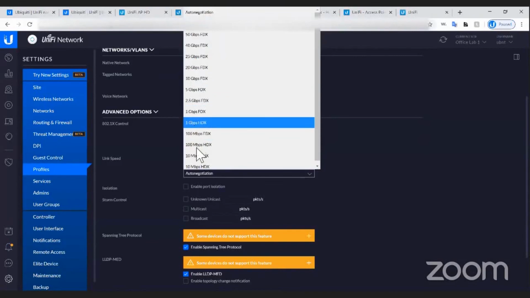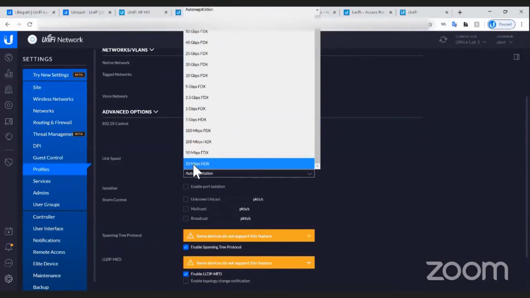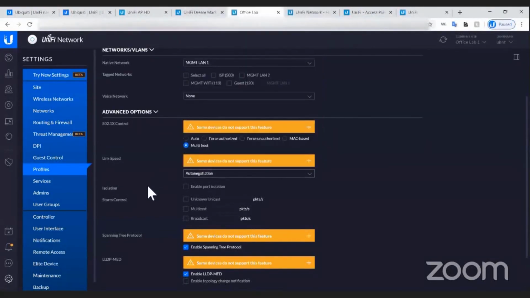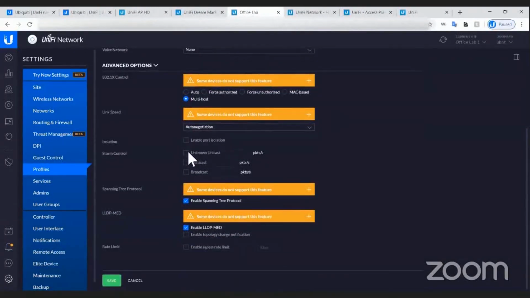Now you might see there are different speeds, but those are only applicable for devices that are managed. So if you do not have a switch that supports 50 Gbps, you won't be able to select that, or it won't work on the particular device that you're using. Port isolation is basically like private VLANs. We have a KB on that. You can go through it. It's something that helps to reduce broadcast and multicast traffic between two ports. Storm control, once again, it will